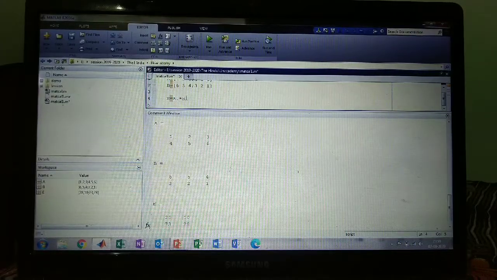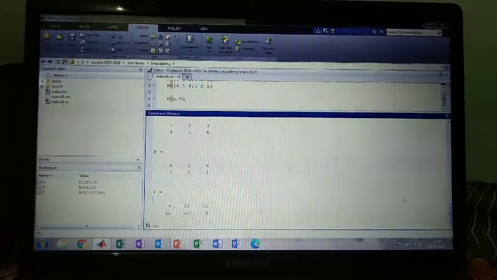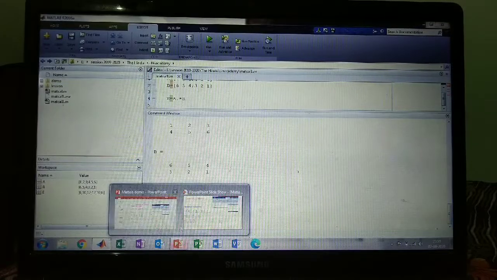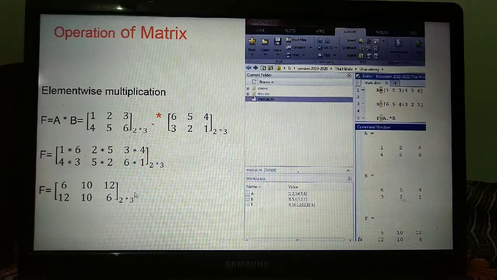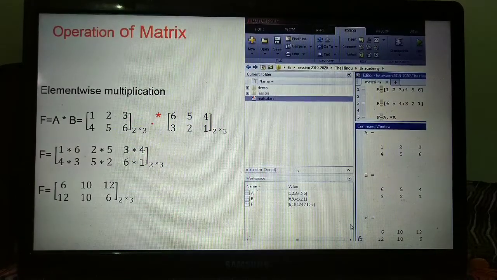I am applying the dot here, then it is going to execute element wise. It is coming 6, 10, 12, whatever I have shown mathematically. You can match it here also. Same result, 6, 10, 12 and 12. Here also it is coming the same thing.